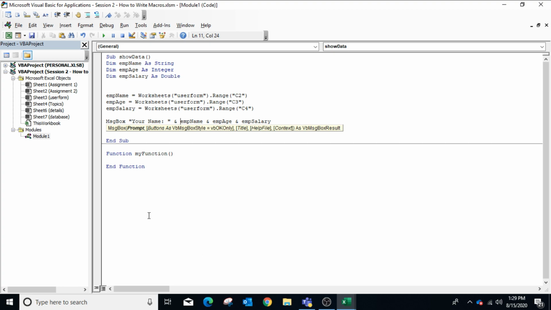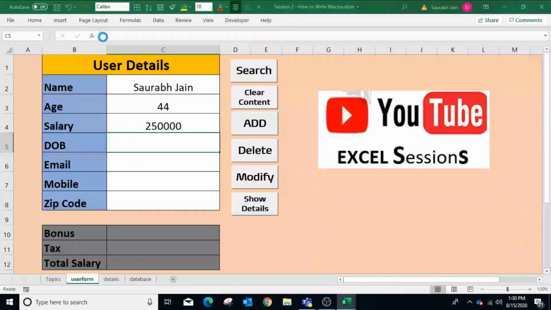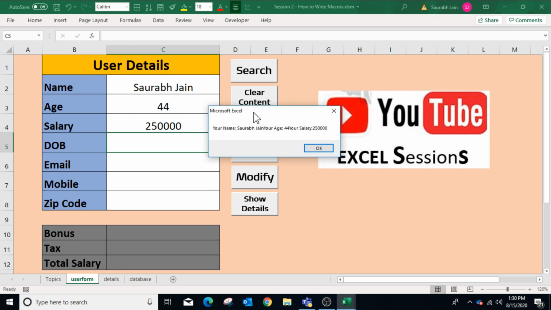Remember, the text which you want to display as is must be in double quotes and the variable names must be without double quotes. Similarly, before age, we'll specify "Your age" in double quotes, ampersand sign to concatenate, and similarly, before showing the salary, "Your salary" and ampersand sign. Now execute the macro using F5 or Run. Now it will show the name, age and salary in the specified manner.